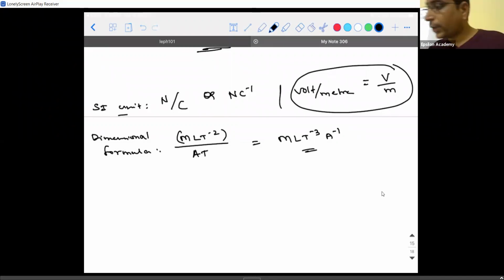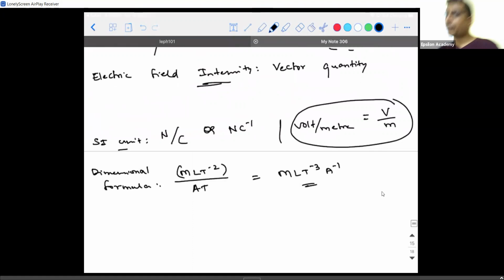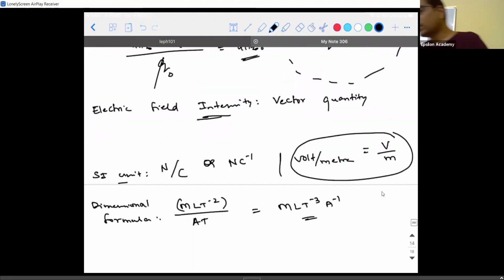Right? Now I told you to leave some space. So I told you electric field intensity is a vector quantity. Right? So when I say it is a vector quantity, it should have a direction associated. What do you think is the direction? Think in terms of the magnetism example which I told you and tell me. In magnetism, whatever is the direction shown by the north pole of the compass decides the direction of the magnetic field.